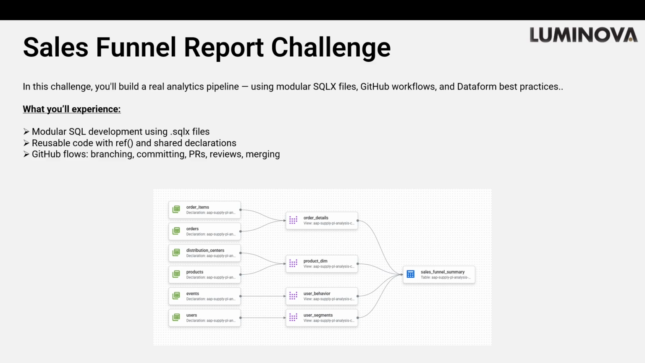We're going to break it into 5 steps. Each step corresponds to one sqlx file. The final result will be a table called Sales Funnel Summary, where we track user behavior, product sales, and conversion KPIs. You'll be writing modular SQL using ref logic, and you'll apply everything you learned: config blocks, source declarations, naming